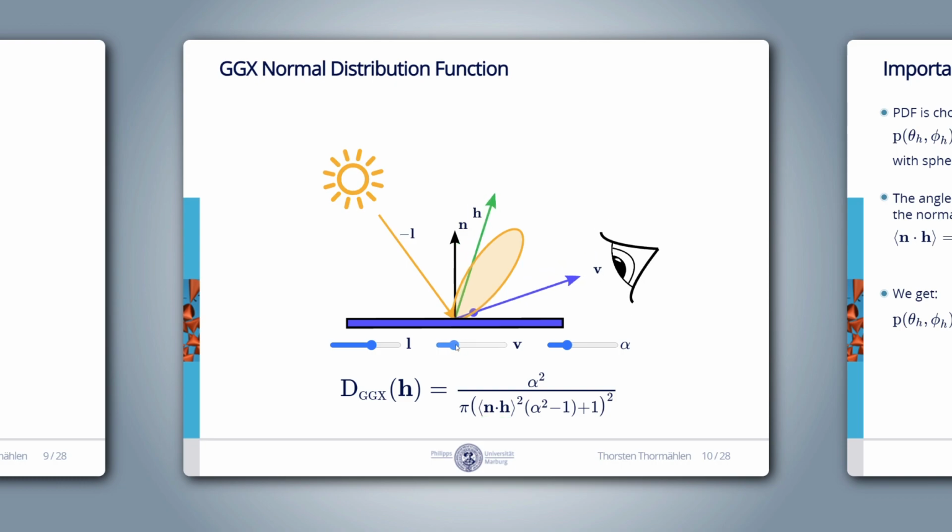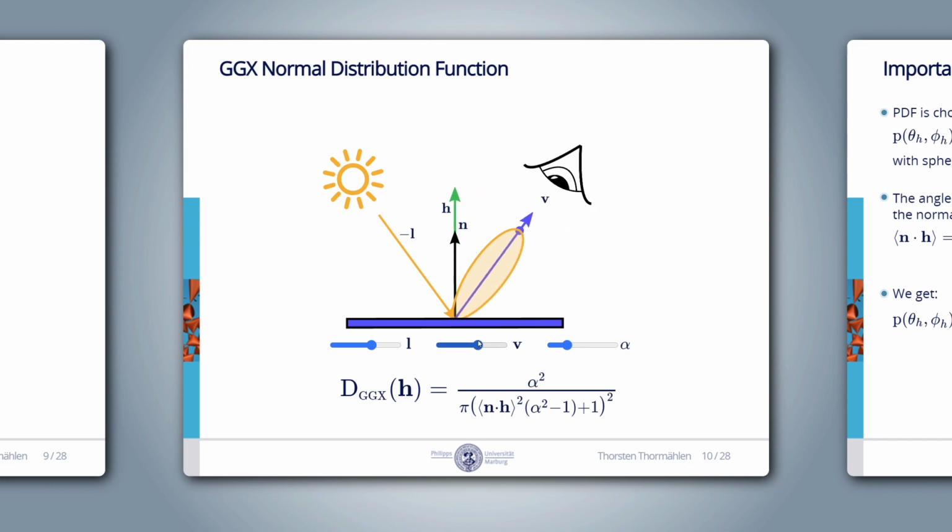If we change the view direction, the half-way vector also changes, and the dot product of the surface normal n and the half-way vector h changes as well. When the half-way vector points in the direction of the normal, the dot product is the largest and we get the highest contribution in the view direction. This is because statistically the normals of the microfacets are most likely to point in the direction of the macroscopic surface normal. This yellow lobe here is produced by the value of the normal distribution function for different view directions.